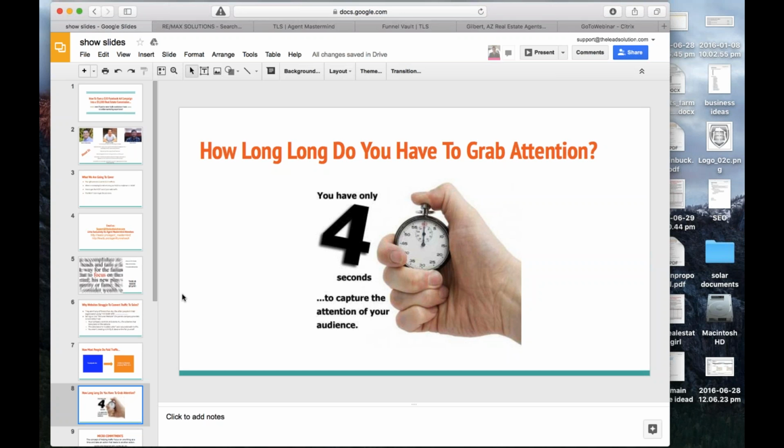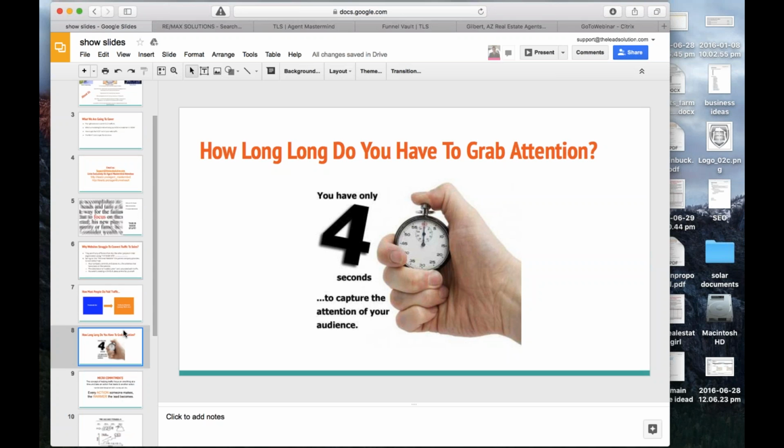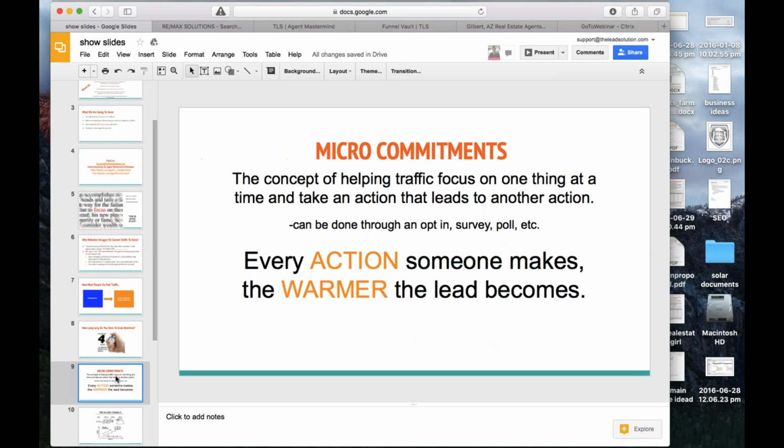When they go to that site, again, we're seeing a lot more traffic coming from mobile devices. A lot of people don't want to sit on a website, because when they're looking through Facebook and such, they're doing it on time they have on the side. Maybe they're between meetings, or they're sitting in traffic or whatever, and they see this. They don't have time to save the page and go back and forth. We need to find a way to grab their attention quick, and then get them to do something. We do that through what we call micro commitments.